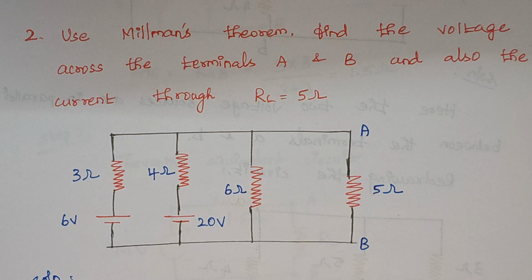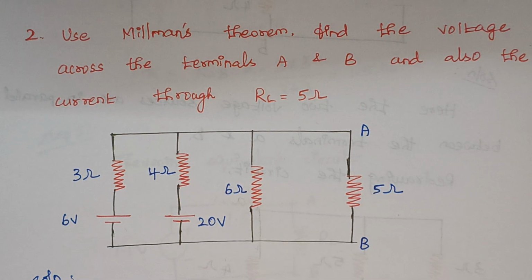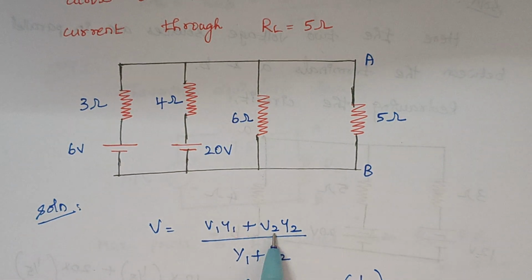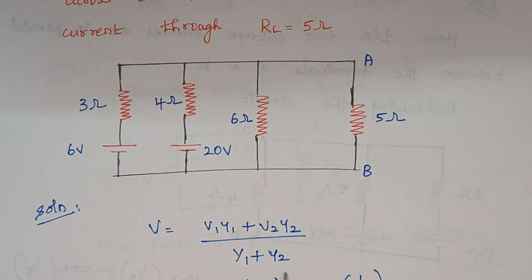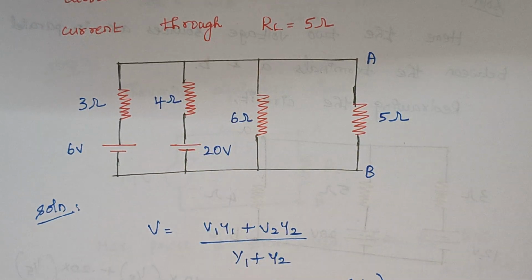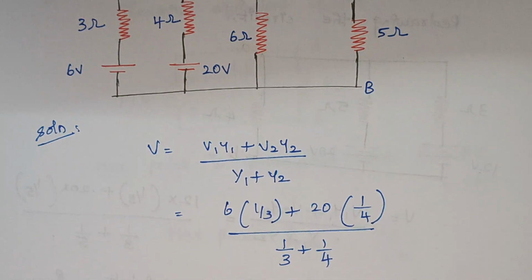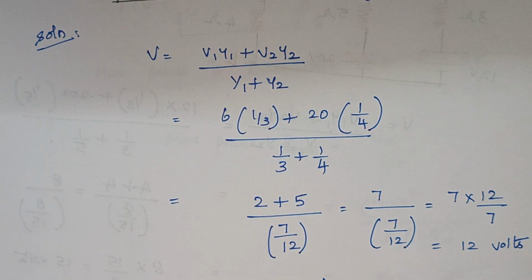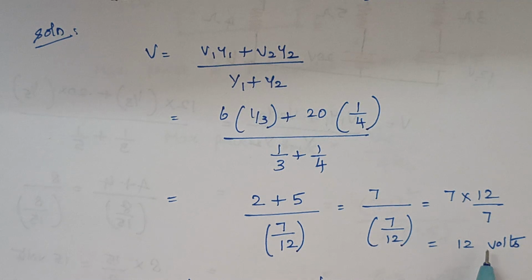So here the thing is, the difference between the previous problem and this one is, here we are having an additional resistance of 6 ohms, right? So again here we are having only two voltage sources, therefore our voltage formula just remains the same, V1 Y1 plus V2 Y2 divided by Y1 plus Y2. Here V1 is 6, Y1 is 1 by 3, V2 is 20 and Y2 is 1 by 4, right? So just substitute the values in this formula, and by solving, finally we end up with the answer as 12 volts,